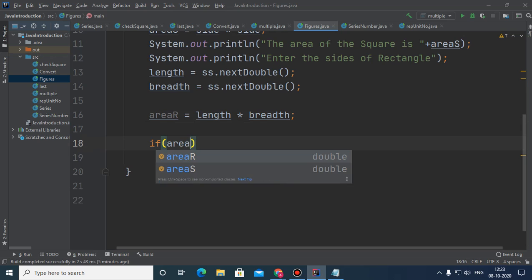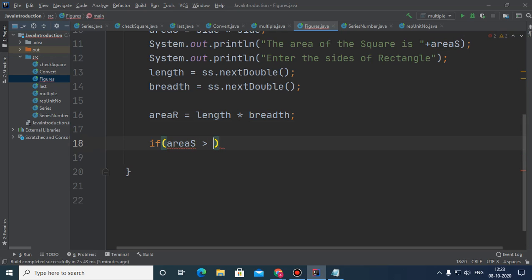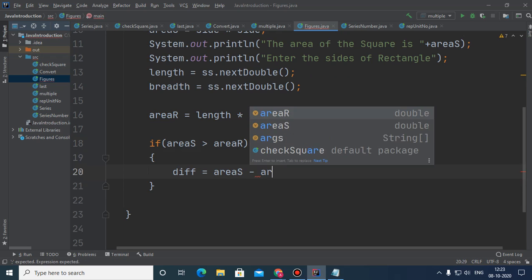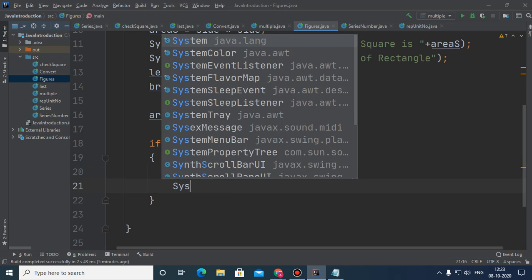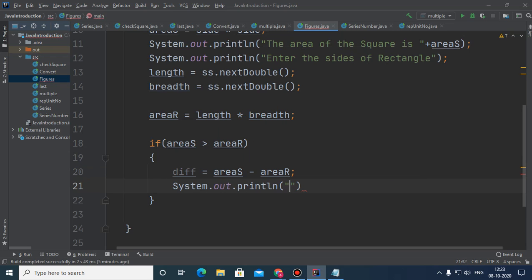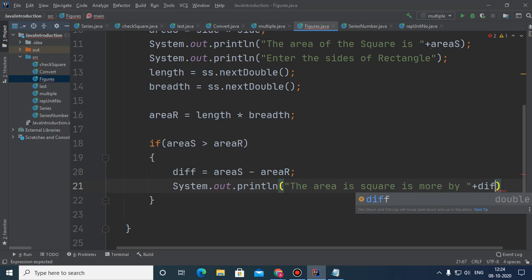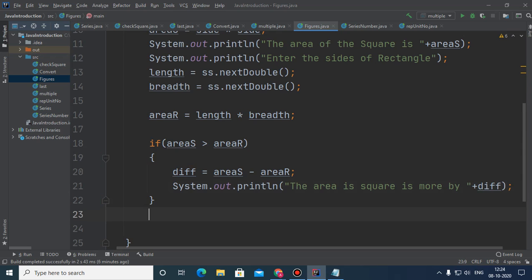So here what to do? If area of S is more than area of R, then diff is equals to area of S minus area of R, and here you can display that the area of square is more by how much? Diff units, diff only, and else